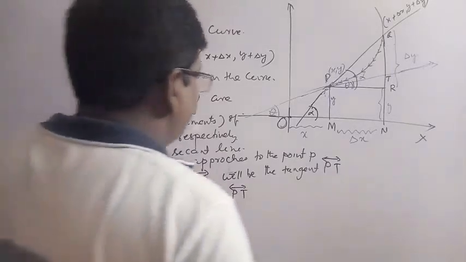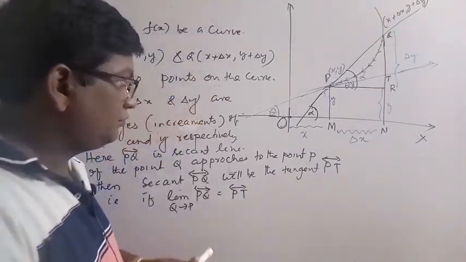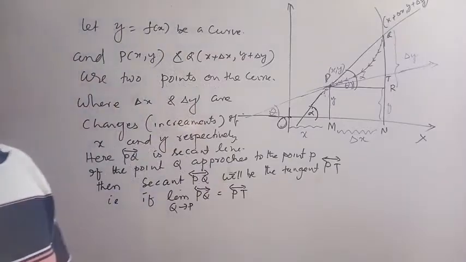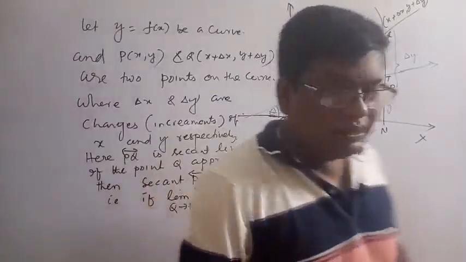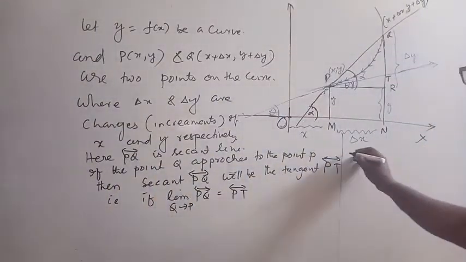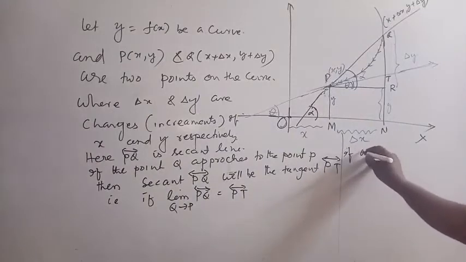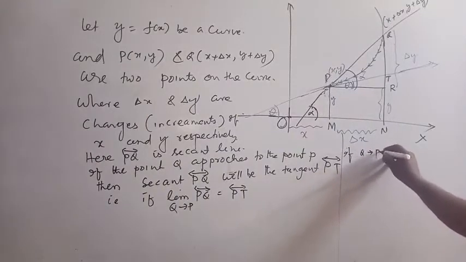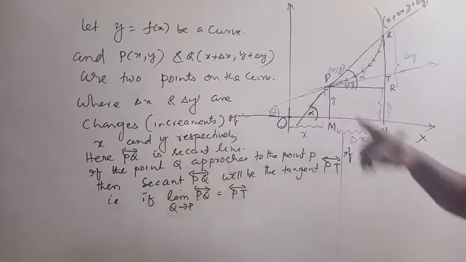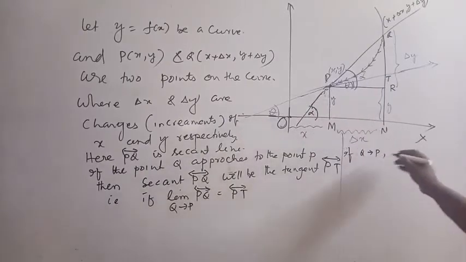Here if Q tends to P, then theta, this is theta here from the figure,